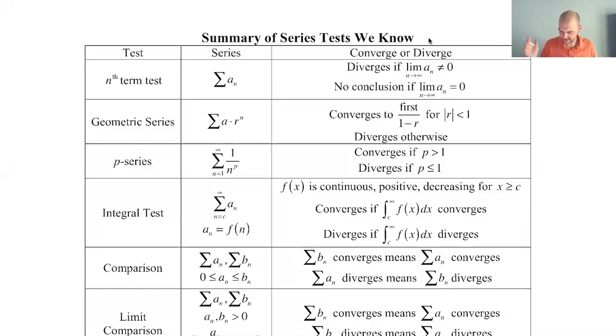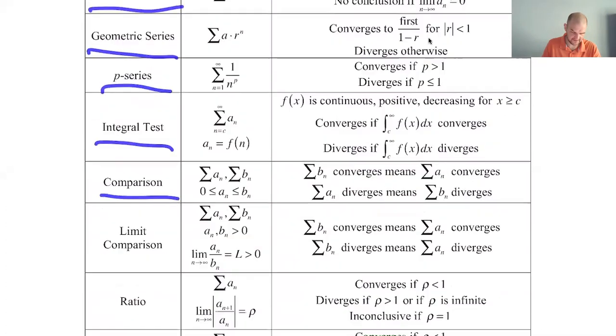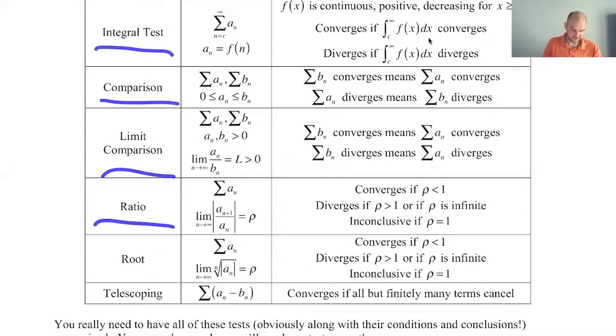All right, we're back. I'm on page 5 of note 7. There's nothing to do on this page. It is all just a summary of the tests we know so far: nth term, geometric, p-series, integral, comparison, limit comparison, ratio, root, telescoping, tons of stuff, right? So these are your primary weapons that you're going to use when you're trying to decide if a series converges